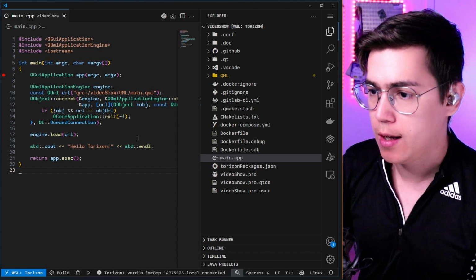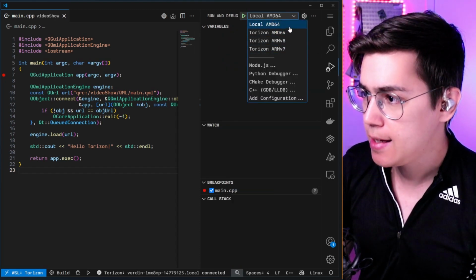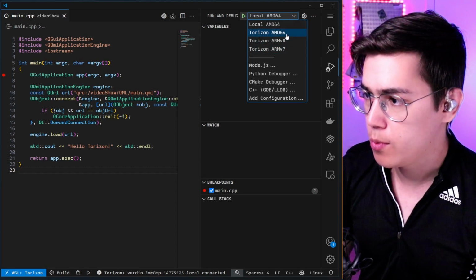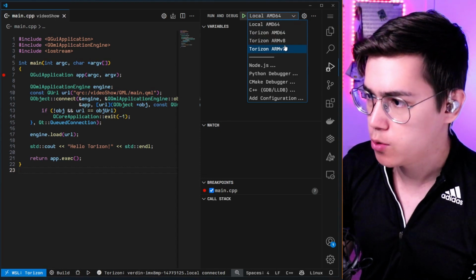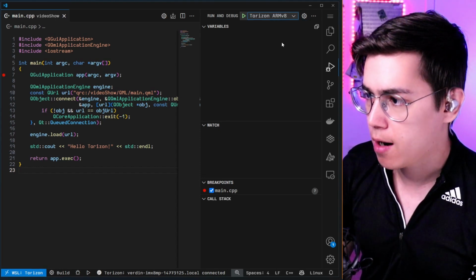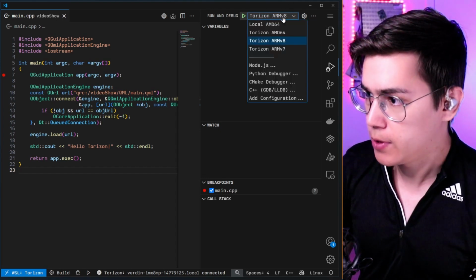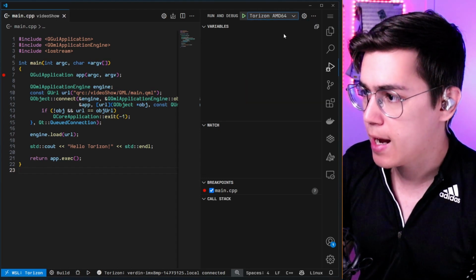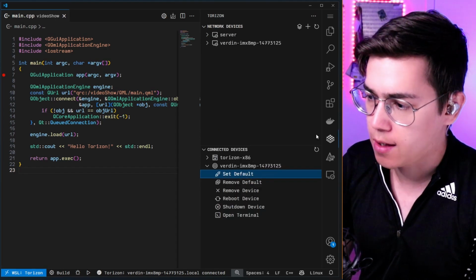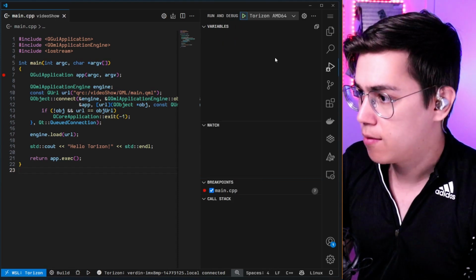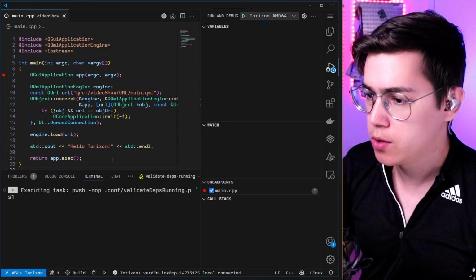All this integration is made by the extension, so I can select here which target I want to remote deploy and remote attach the debugger to. So it's Torizon ARMv8, right? So don't worry if you choose, for example, AMD64 here, but my default device is ARMv8, right? There is no problem. I can continue here,